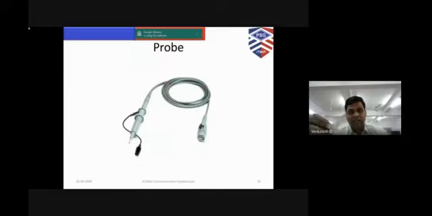We can connect it to the testing points. Then we can do the measurement of the signal, okay. And now what we